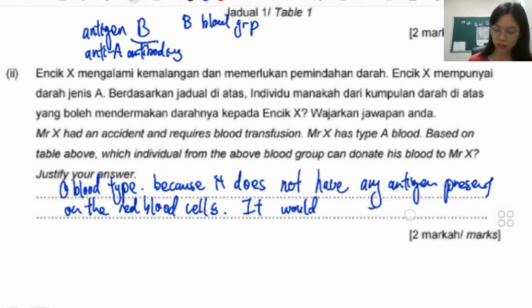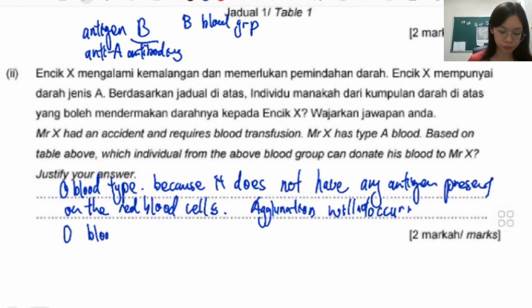Agglutination will not occur. If you want to explain further, you can say it would not stimulate the immune response of a person to produce antibodies to agglutinate it. So agglutination will not occur. O blood type individual is